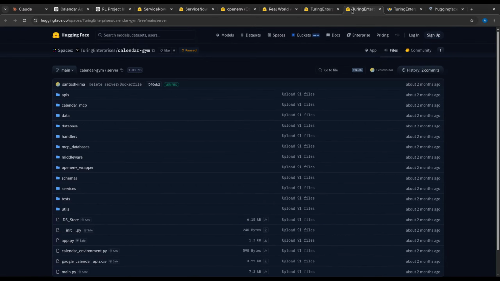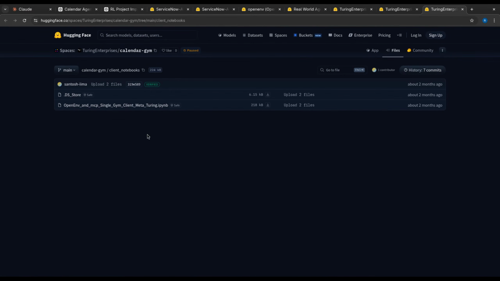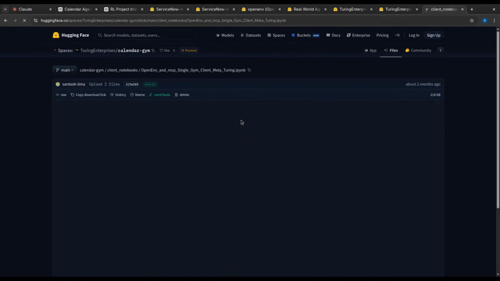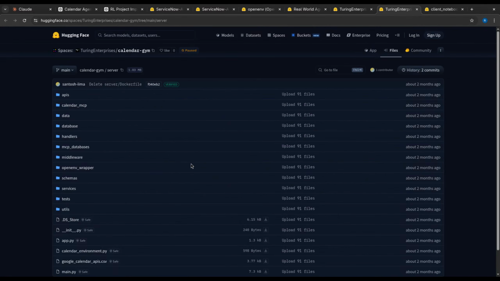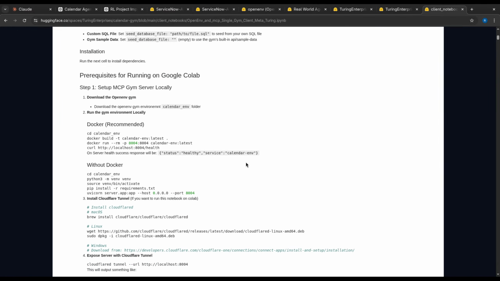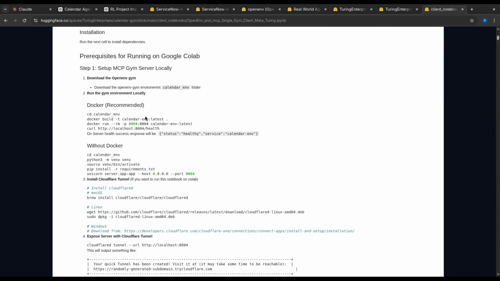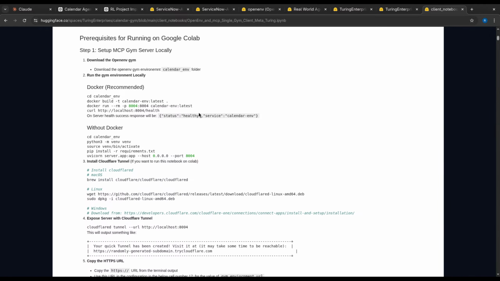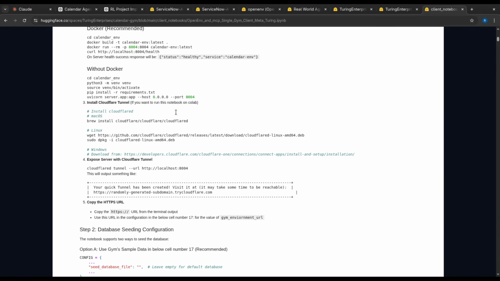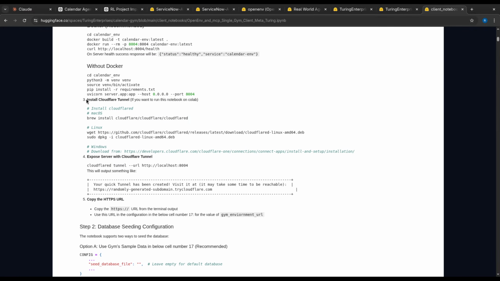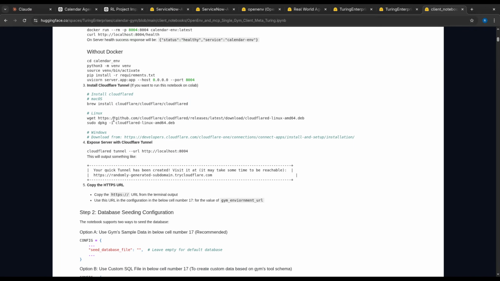Okay, I think they have given a demo. Let's just see the demo first. cd to this, you need to run this environment, and without Docker you can do it like this. Install Cloudflare terminal.